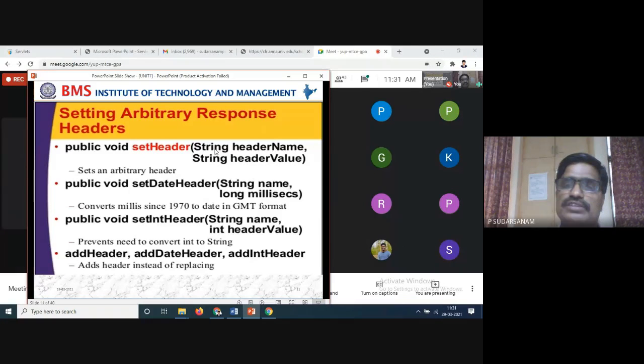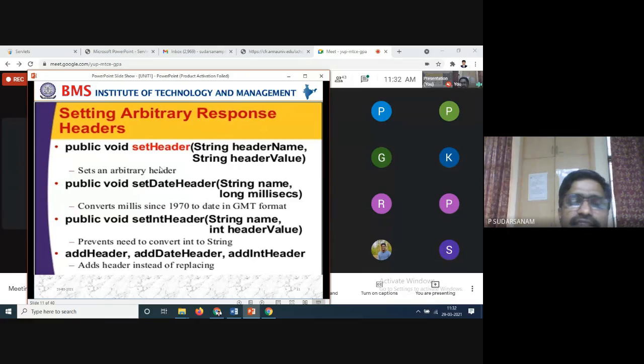Here both are taken as strings, and here is public void setIntHeader. So here is one direct header, here is the int header. Here is the string name, we write it as usual, and for the int header, integer values are to be taken. Here string, and here integer values. You know the difference between the string and the headers also.